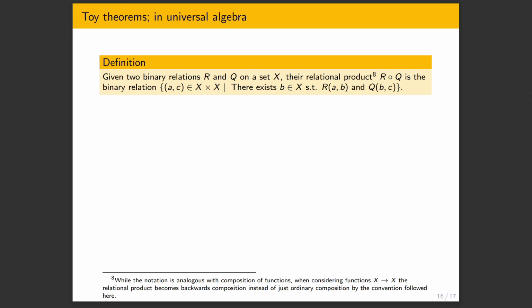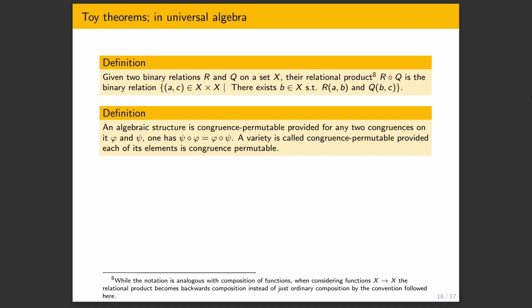And now let's see some theorems in universal algebra, actually just one theorem. First we need some definitions that we'll also need next talk, but they're also present in the theorem here. If you have two relations on a set, the relational product is just this thing, which is a generalization of backwards composition. Sometimes the relational product is defined a little bit differently; it just depends on convention. But it's basically generalizing composition of functions to arbitrary relations, and it's defined as follows.